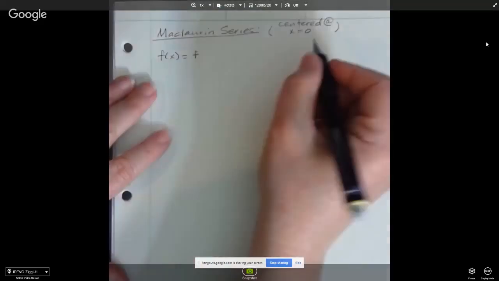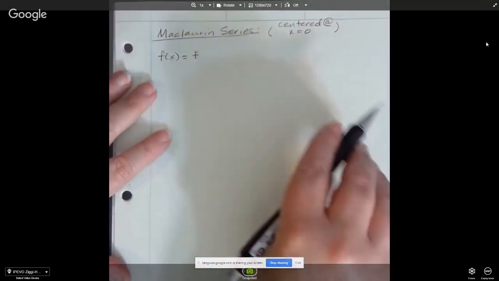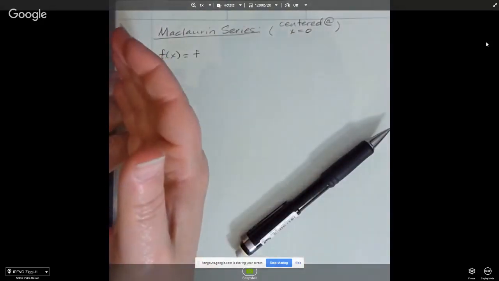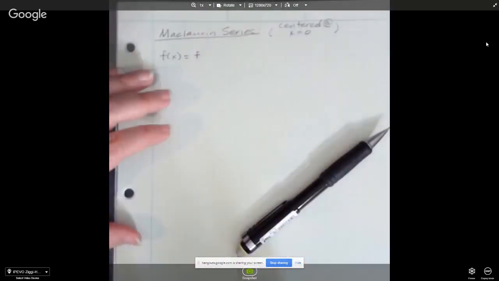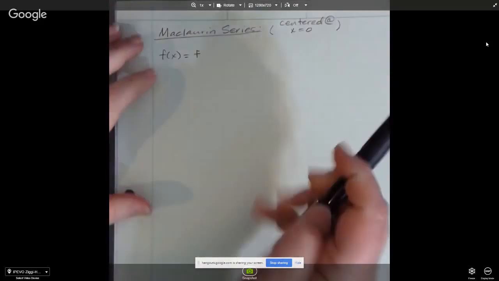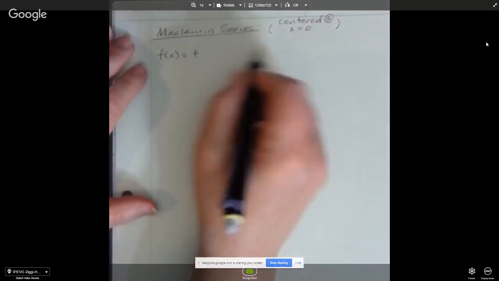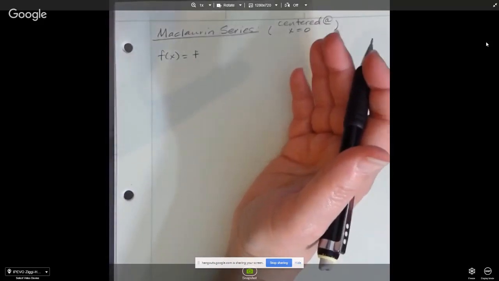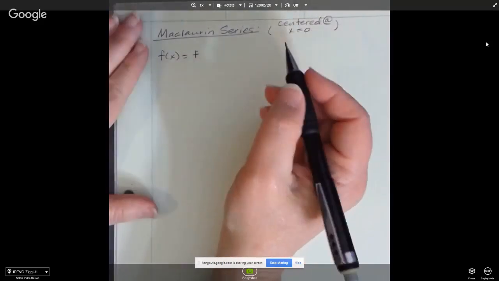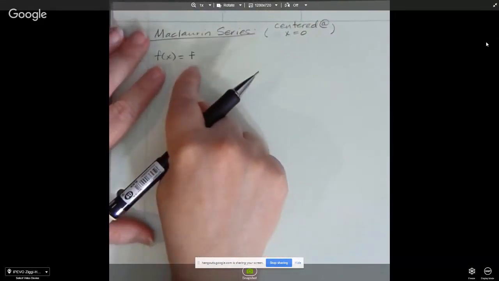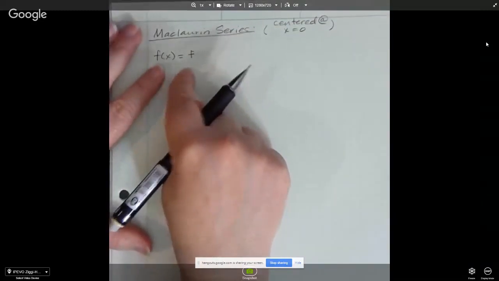But anyway, a Maclaurin series is nothing more than a power series, and a power series has an x in it. There's a sequence of power functions, and power functions are like x, x squared, x cubed. It's a series of adding all of those up, and it's an infinite series, meaning that you have infinitely many terms for this polynomial. But anyway, to design one from scratch, they came up with this theorem for centered at 0, where it's